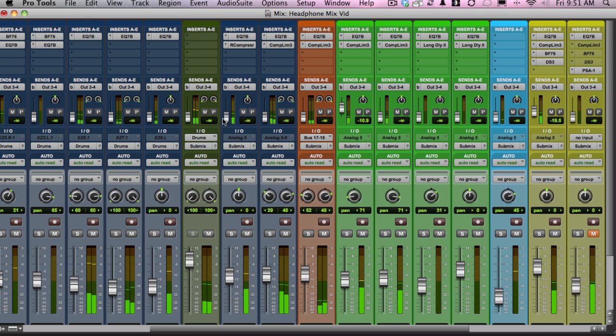So let's say, as you can see here, we've got level going to all these sends. So you can see your levels. And these are just the levels that are hitting the send, and this is the actual volume that's going. So right here, the volume's all the way down, so he's not hearing this track. This would allow him to hear it. But notice what happens when I solo the vocal. We've got the vocal still going to the output, but